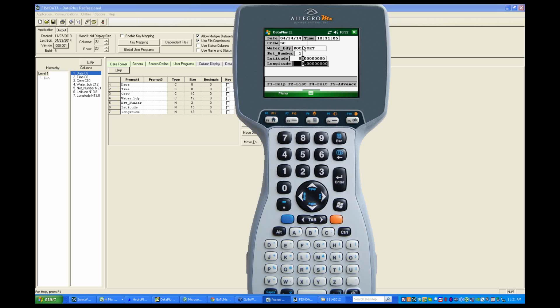And now I want to advance down into the data collection portion of my screen. So I'll press the F5 key, which you'll see there says advance. And when I'm prompted for a species, I can enter this data a number of ways. I'm going to press the F2 key, which is my list button, and that's going to bring up a list of all of these fish species that I put in there. Now you'll see that there's what we call a string, a translation, and a meaning. So when I press that F2, I can cursor down, highlight a fish, and hit enter,